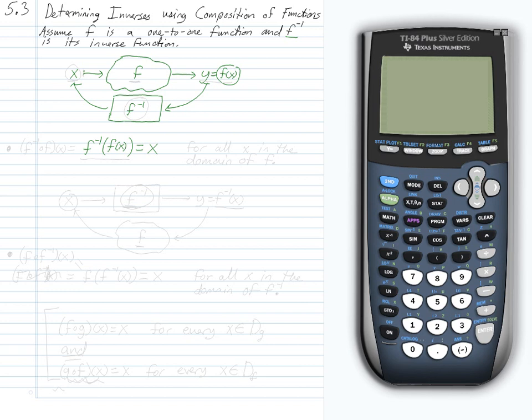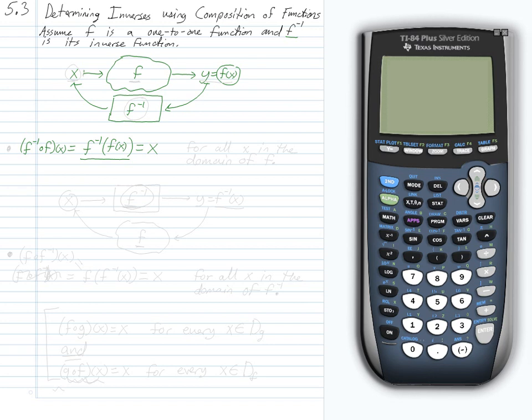So remember that this function within a function notation can be written as f inverse composed with f. Right? The outer function comes first, the inner function comes second,